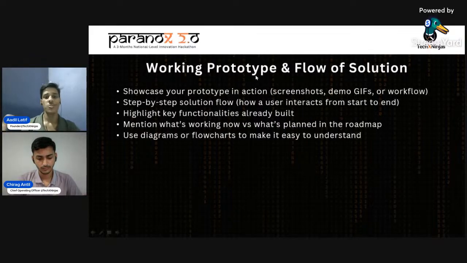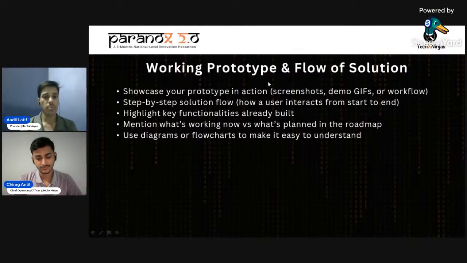Okay. So the next thing is you have to share your working prototype and flow of the solution, in which you will be showcasing your prototype in action. Because if you submit your idea only, then maybe we will receive all the same ideas, maybe because of AI. That's why we have included the working prototype and the flow of solution.